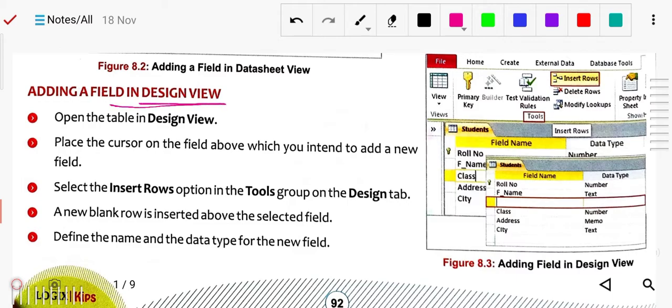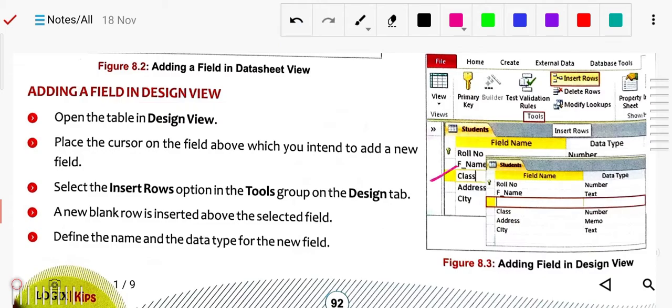So how will you do it? First, open the design view. Place the cursor on the field above which you intend to add a new field. Wherever you want to add, just place your cursor. Suppose here, you can see Class is written there.